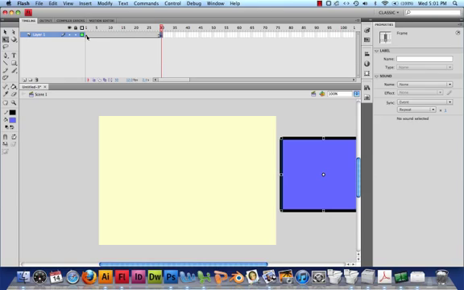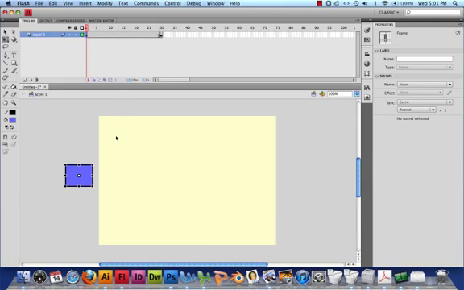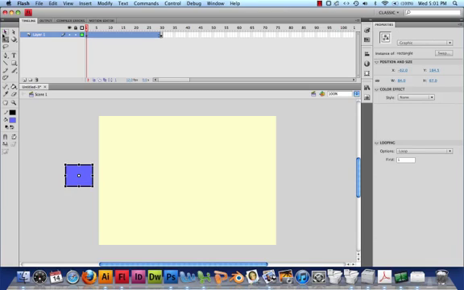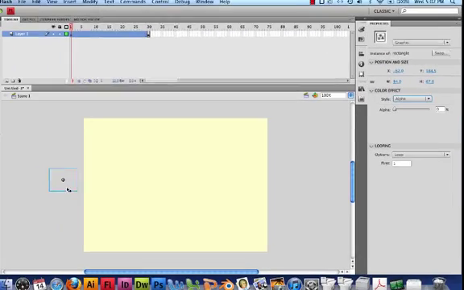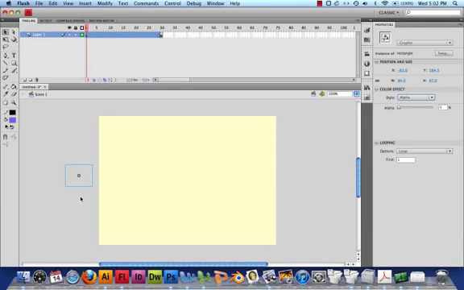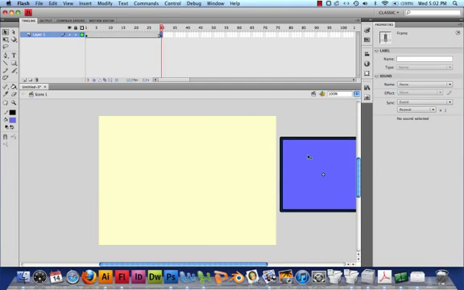Another change I'm going to make, and I can do this all before I actually add the classic tween, is I'm going to select my symbol. I should use my arrow to do that. I'll go to my properties, and I'm going to have my rectangle fade in. It'll move across the screen and fade in, meaning it's going to be transparent and then it's going to be solid. So to do that, I'll make it transparent on the first keyframe, and then it'll be solid on the last one. And to make it transparent, I could go to color effect in my properties, and I'll select alpha, and it may just go right down to 0, which is what happens. And you can see it's now transparent, but I still see the border around it, and it's still solid on